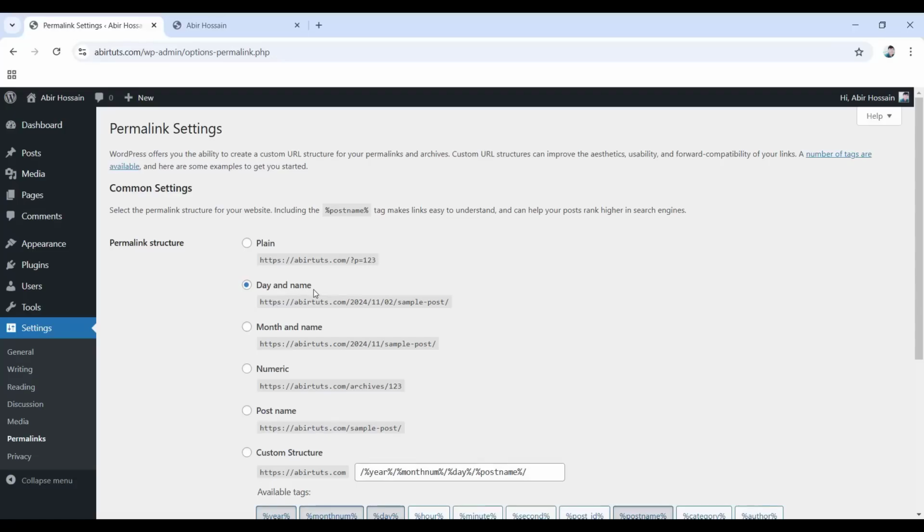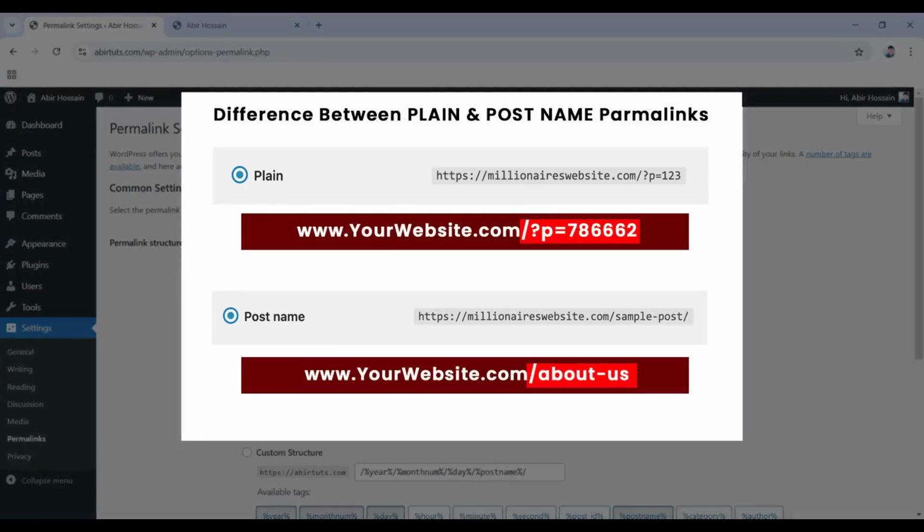Sometimes you might even see it set as plain, but I highly recommend setting it as post name, because if you keep it as plain, any of your post or page links would look like this: your websitename.com, then a slash, and then a bizarre number. But if you set your permalink structure to post name, then your page URLs would be your websitename.com, then a slash, then the page's name or the post name, which